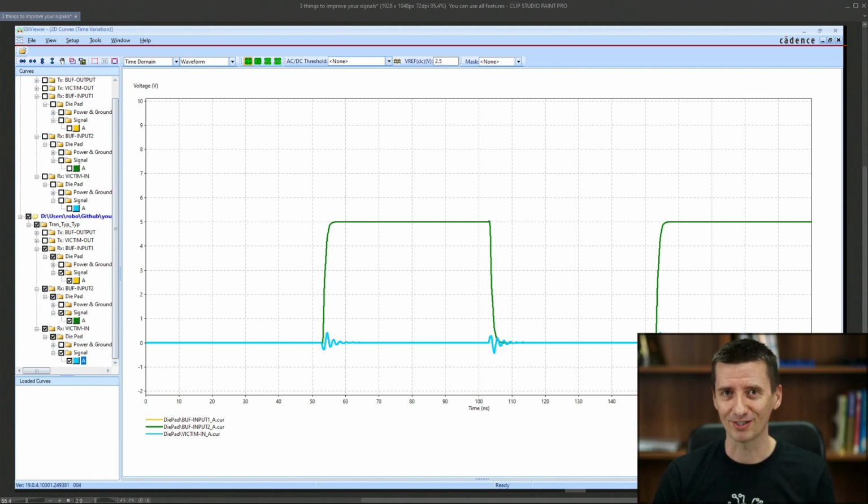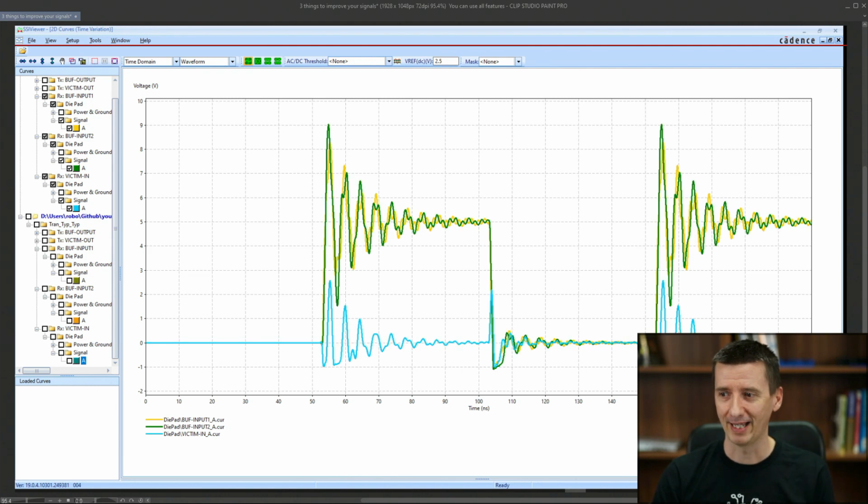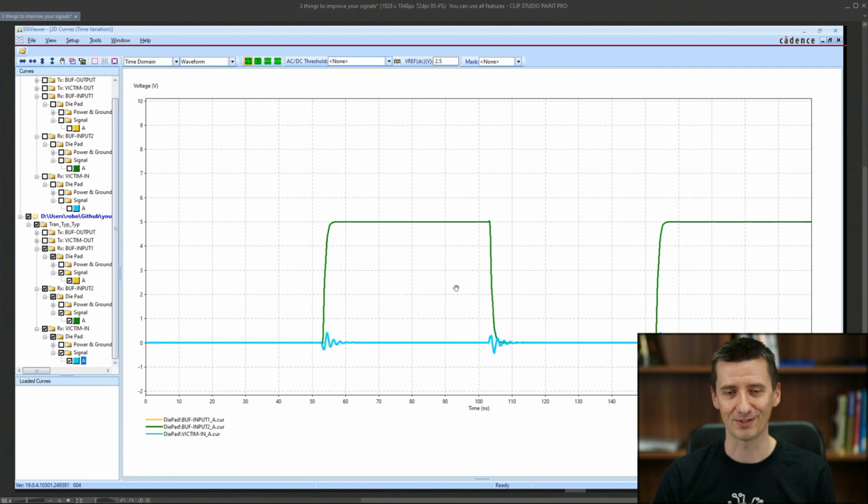And I'm really curious if you know what these three things are that we are going to change in our schematic and in our PCB to get this kind of signal instead of this signal. Do you know? Tell me what we are going to change.